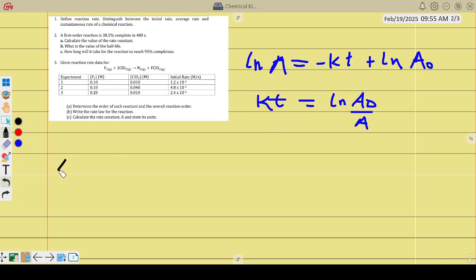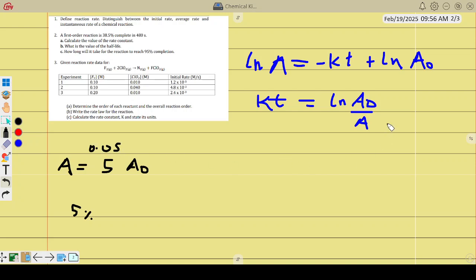When you hear that, we're thinking about the final concentration. Since the reaction is 95% complete, what is remaining is 5%. So we say the final concentration is 5% of the initial. We don't write 5%, we divide by 100. So what is 5 divided by 100? You get